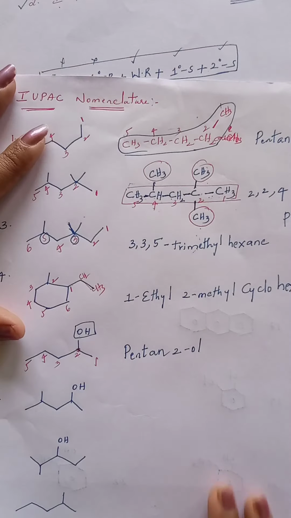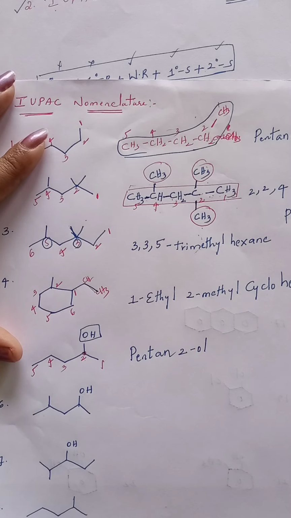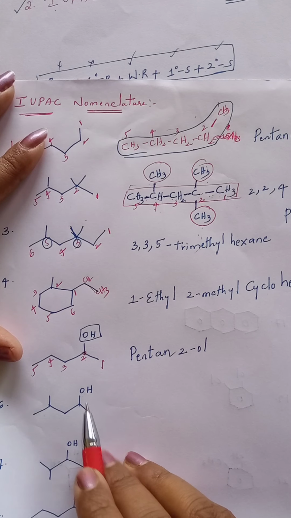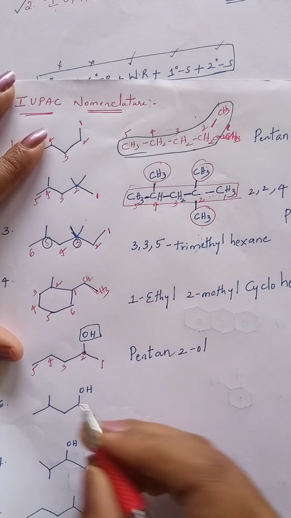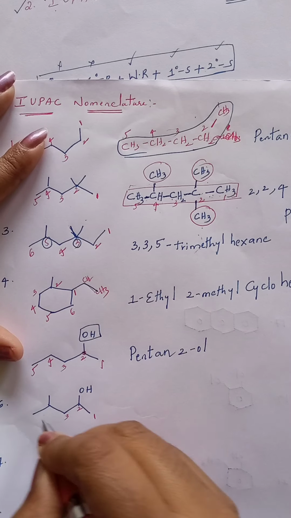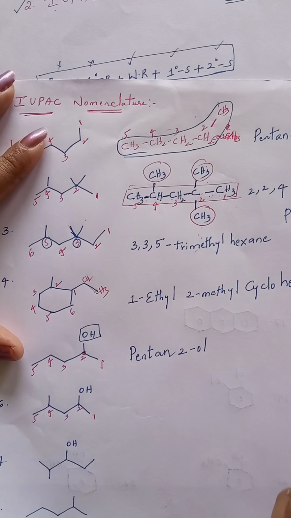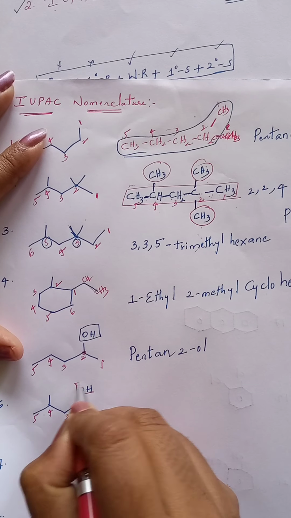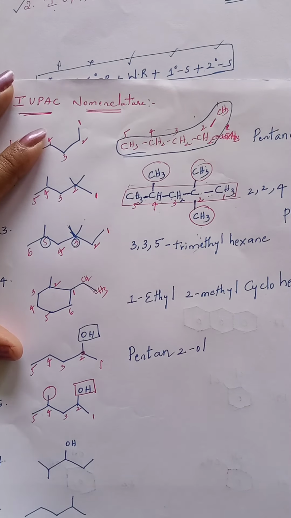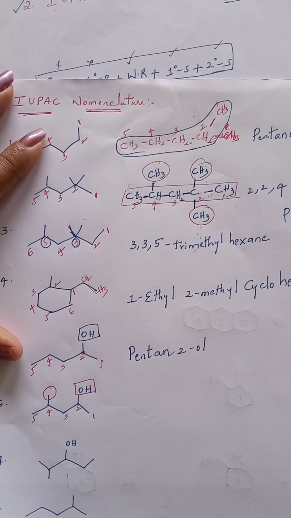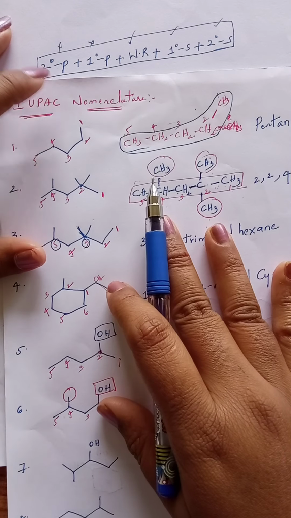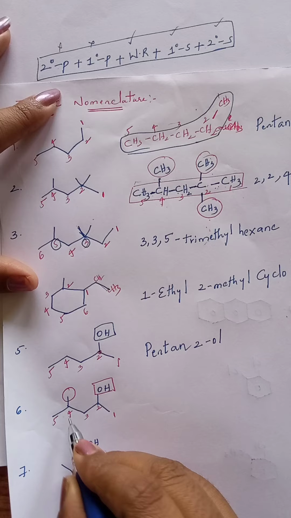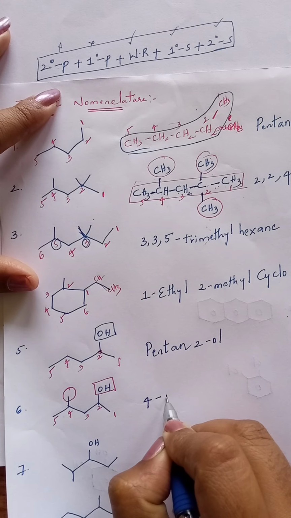See this. Again give numbering. While giving numbering, the functional group carbon should get the lowest number. So here I am starting 1 2 3 4 5. Here a functional group is present and a substituent is present. What is this substituent? Methyl. So first, the substituent is indicated by the secondary prefix. First write the secondary prefix, that is located at the 4th carbon, 4-methyl.